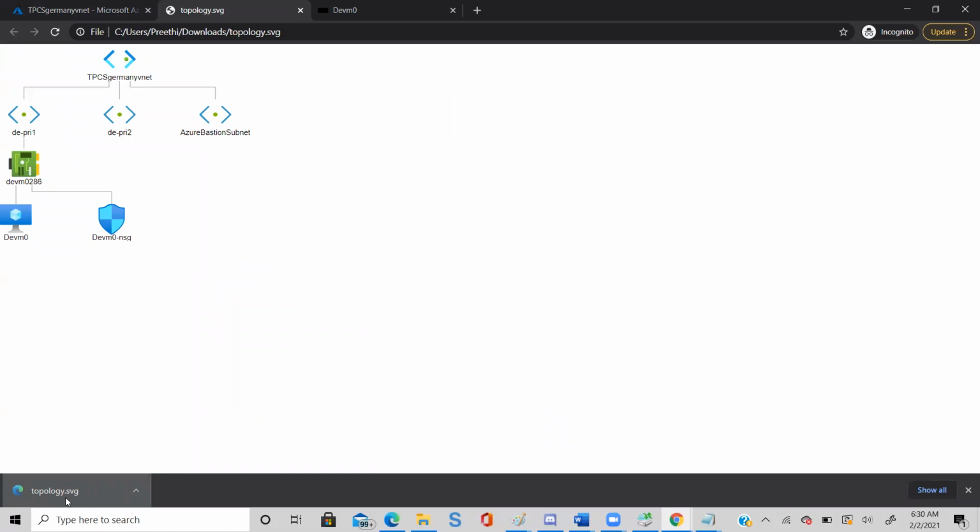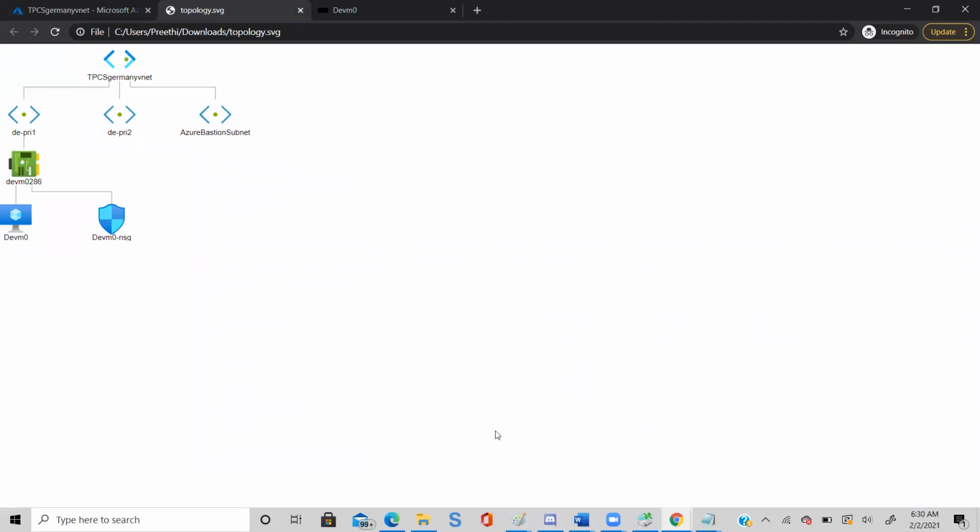Now go back to your draw.io again. I think it is open in a browser.